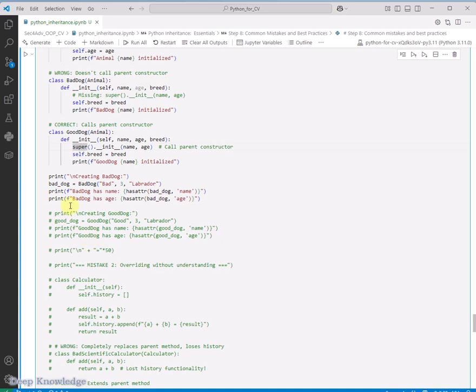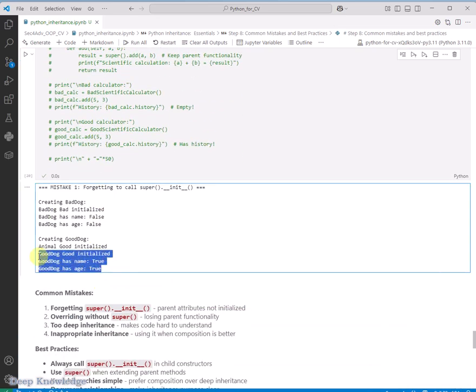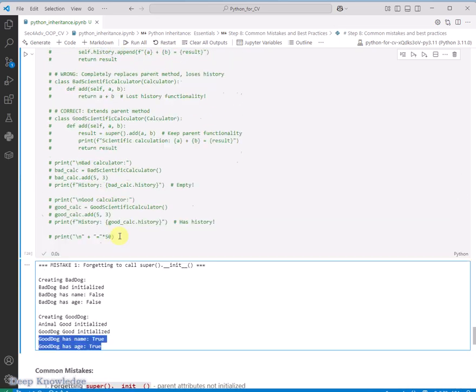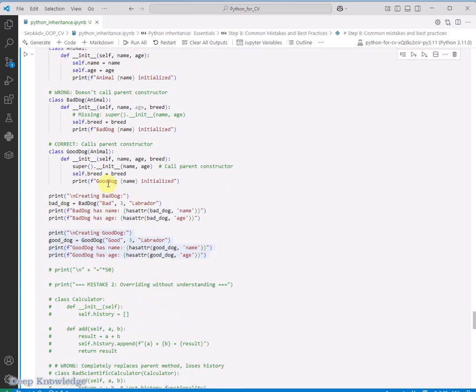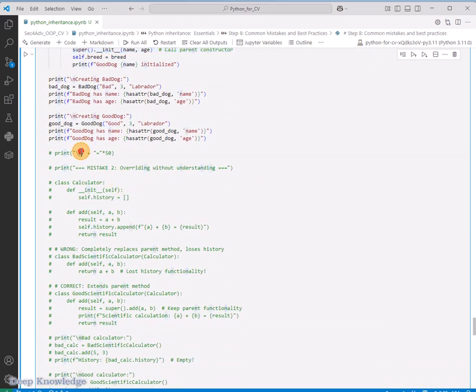And if you see this one here, after initialization, you can see now it's true. Why? Because we have used super init. We call the constructor of the parent class. And do you know what this is doing? It's just adding 50